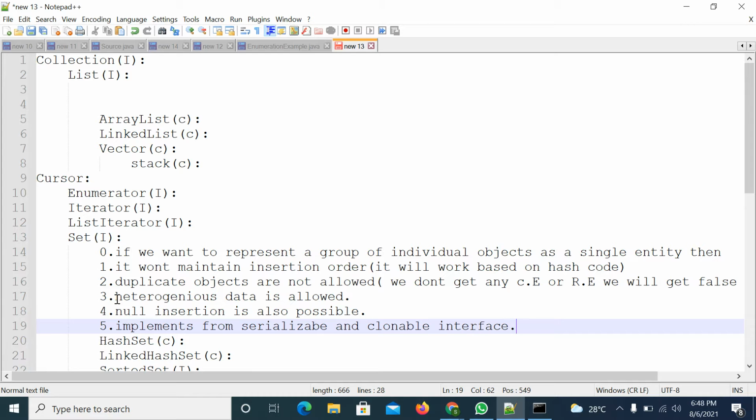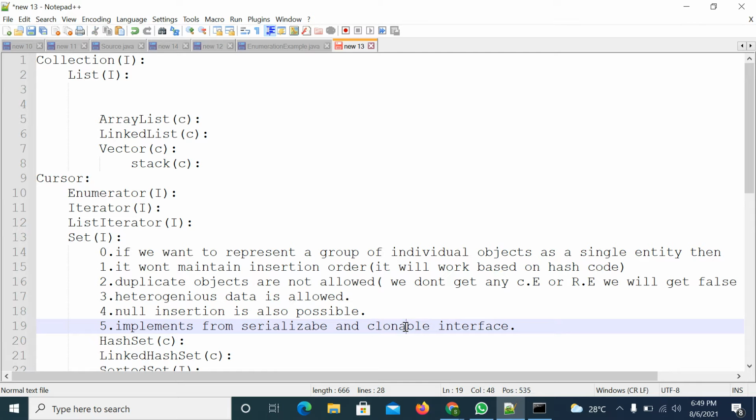I hope you know why. If you want to transfer data through the network, generally we use collection objects. Whenever you are transferring data, it requires serialization and deserialization. That's why it implements Serializable. And if you want to create a duplicate object, you can use clone. That's why it implements the Serializable and Cloneable interfaces.